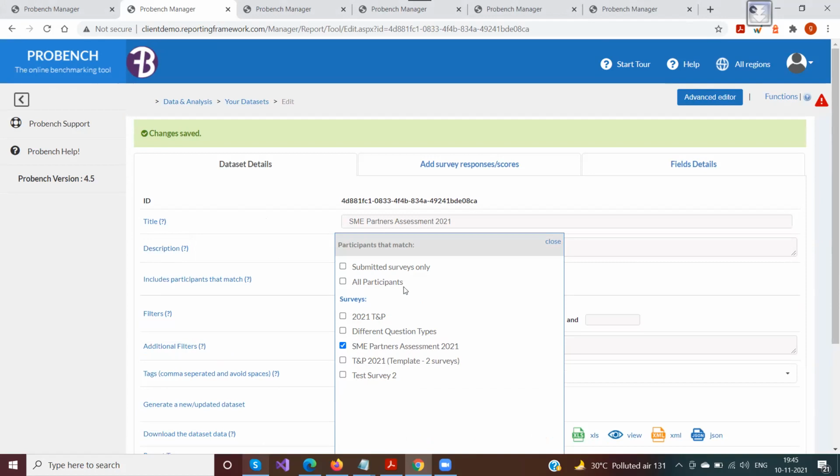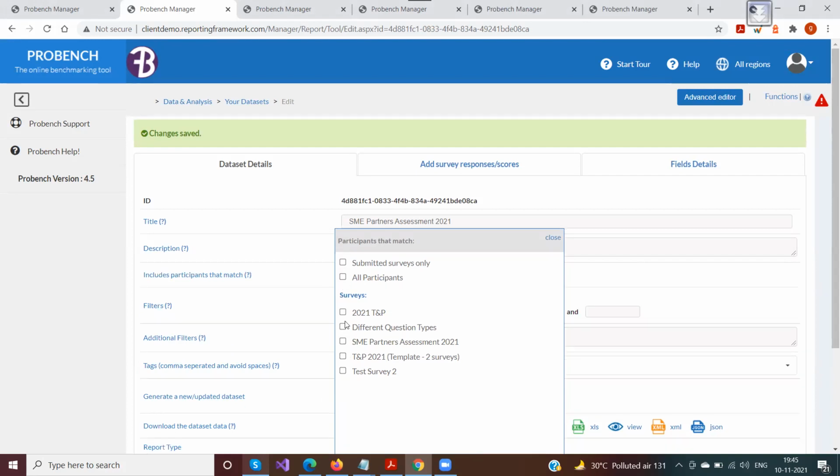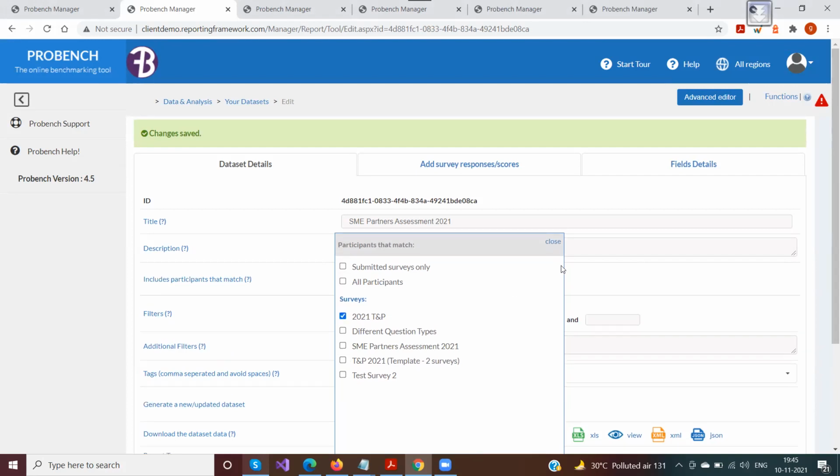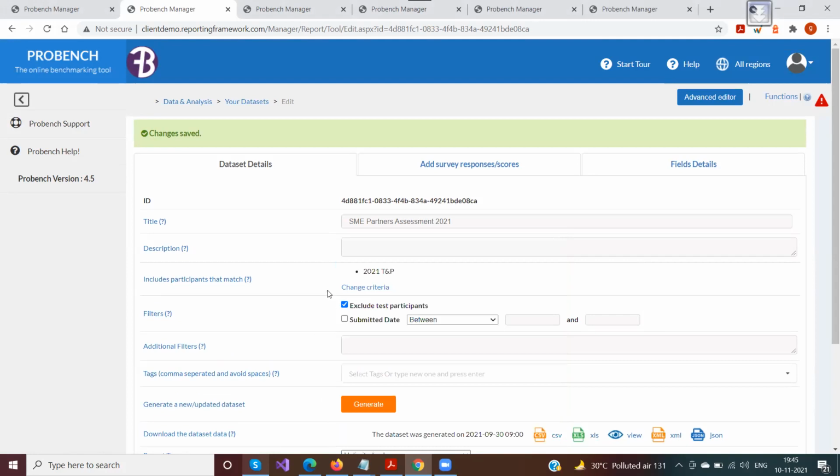And then all participants means it would not have any survey related information, but it would only have participant related information, like sectors, industries, all those things. So this is the tick. It would automatically deselect all the rest of the fields. So yeah, this is what I have covered so far.